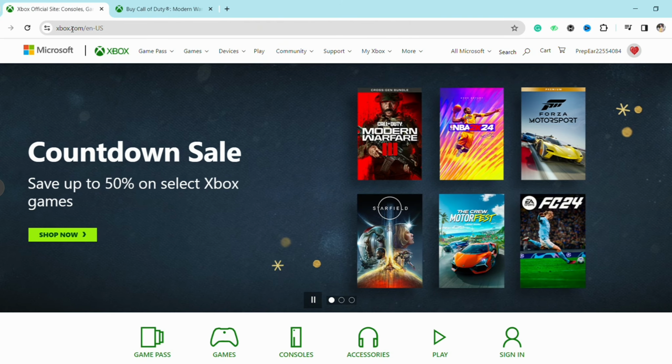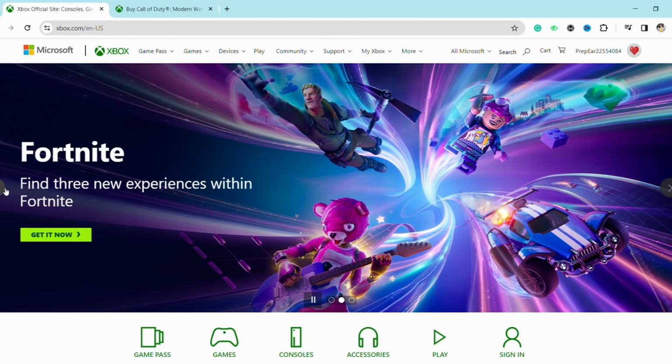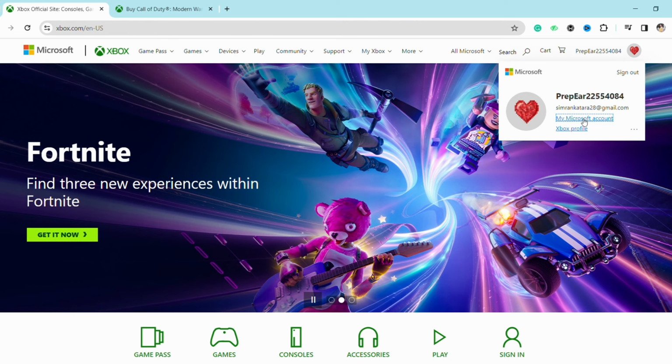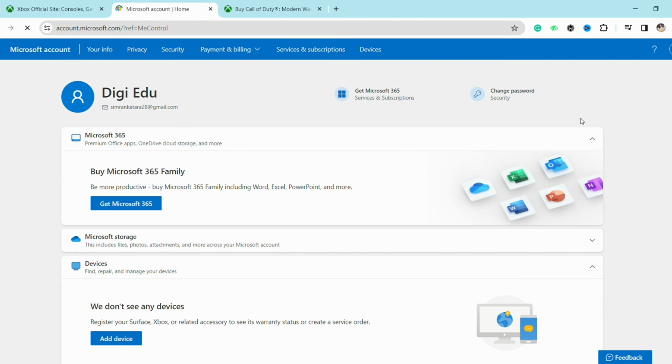And in the second way, all you can do is just click on the profile icon from the top right. And here just click on my Microsoft account. And in this way, all you have to do is just add a Visa card to your Microsoft account, and from there your Xbox account will be updated with a Visa card detail that you have mentioned in your Microsoft account. So for that, just click on payment and billing from the top menu, and here just go to payments option,